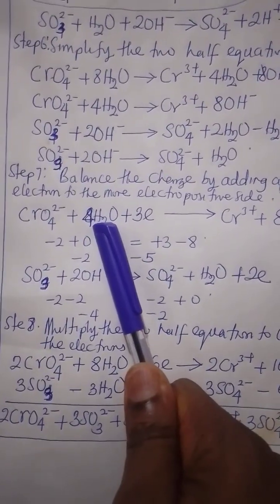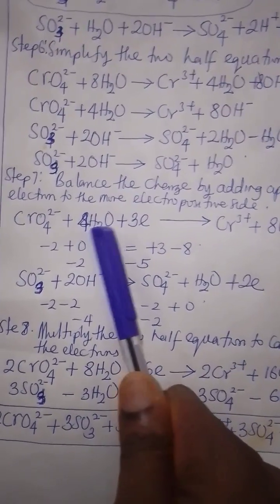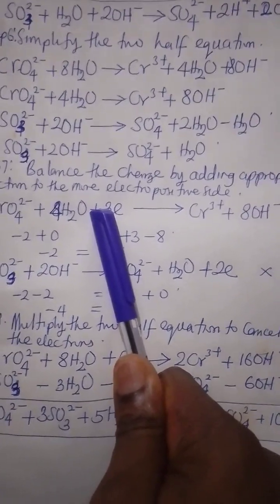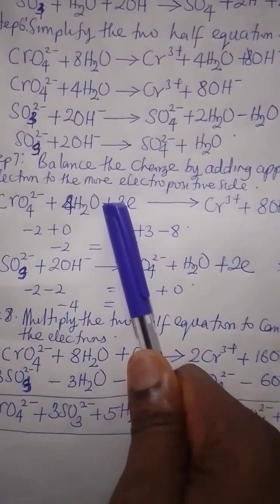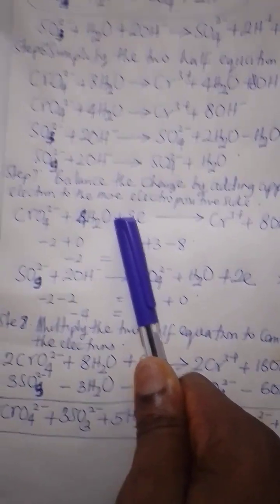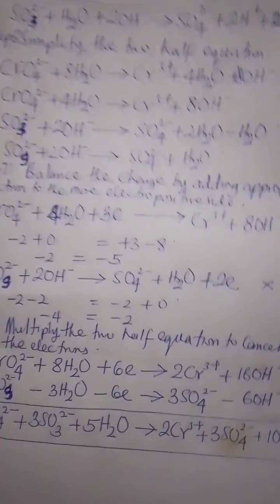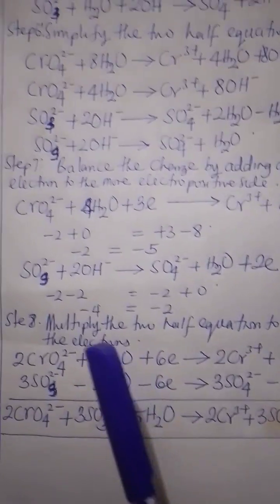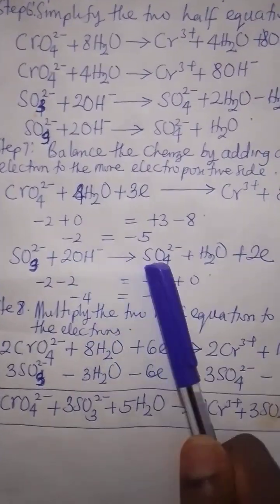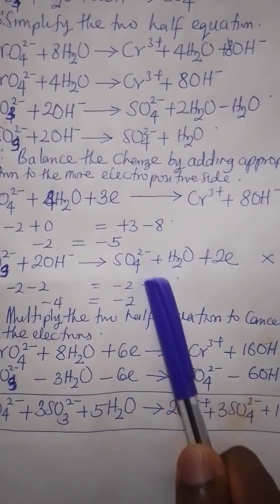So this side is more electropositive by 3. So we add 3 electrons to the more electropositive side. Normally we do the more electropositive side minus the less electropositive side in order to get the number of electrons to be added. We take up the second half equation, SO3 2 minus plus 2OH minus, giving us SO4 2 minus plus